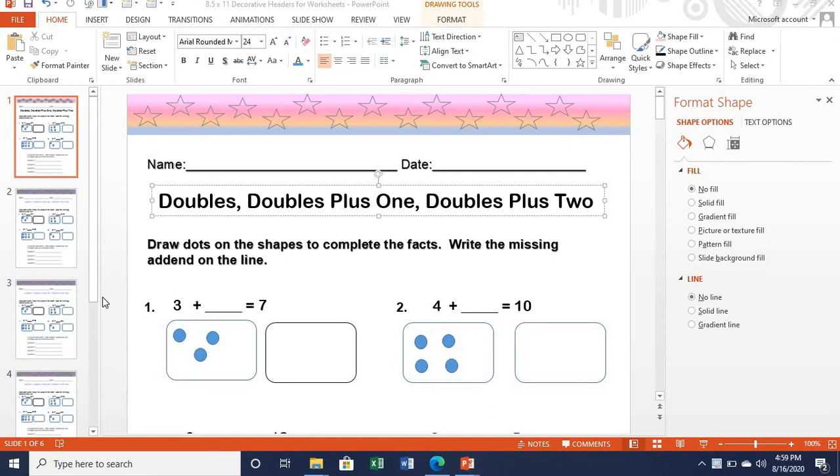So I created these headers that would fit at the top of the worksheets. These are 8.5 by 11 headers that you can just copy and paste and put them right at the top just to make your worksheet look a little bit better. But anyway, I want to show you what I like to do with my